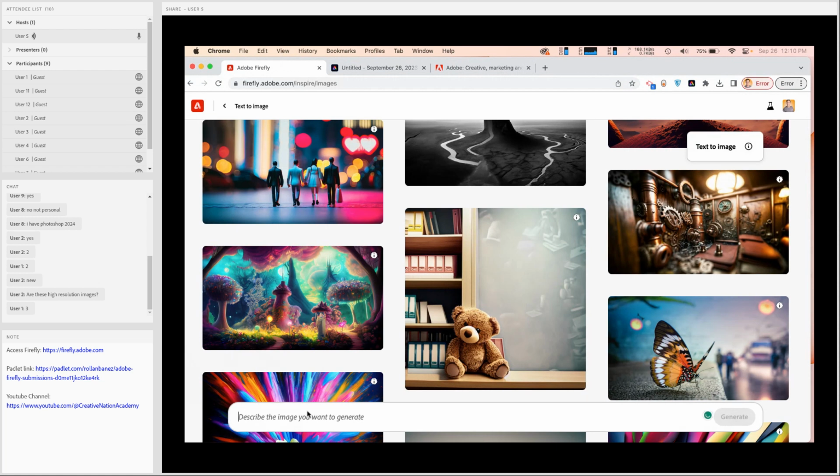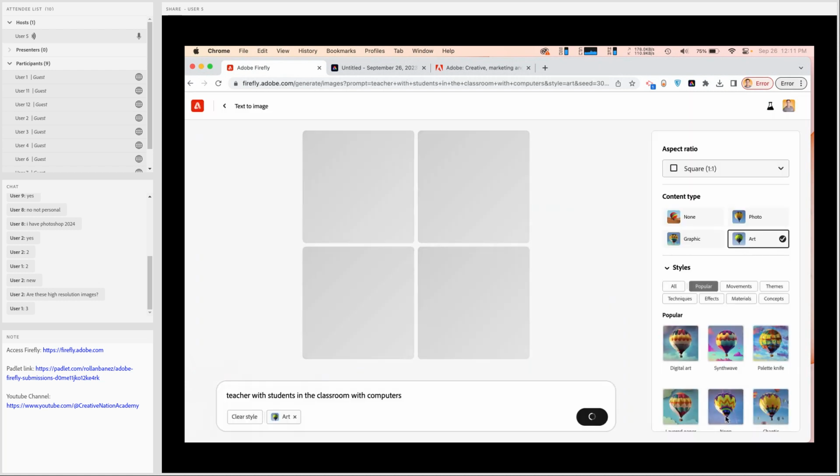For example, I'm just going to type in school teacher, or even teacher with students in the classroom with computers, for example. Or you can type any prompt that you want. I'm just going to give you a demonstration on this. Let's click on generate.